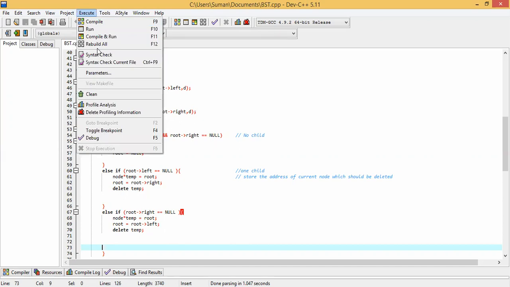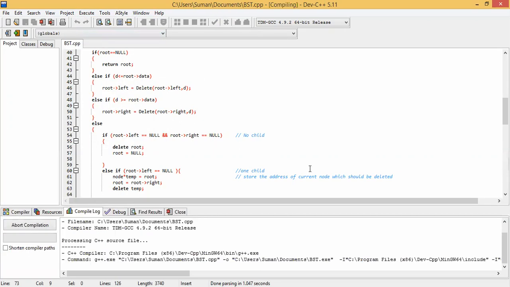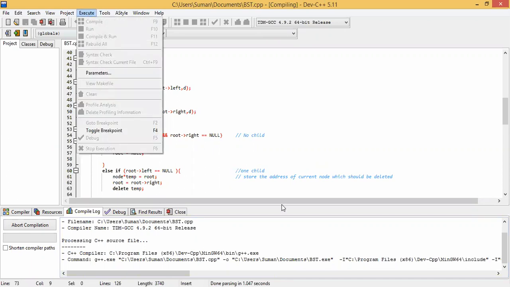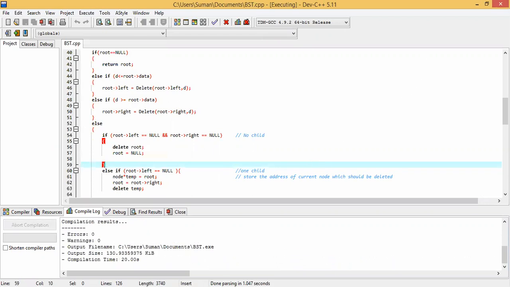Now, if we execute this program, you can see. Now I want to insert a number first, so I am inserting 12. Then it asks, do you want to insert more? That is why I have used the do while condition.